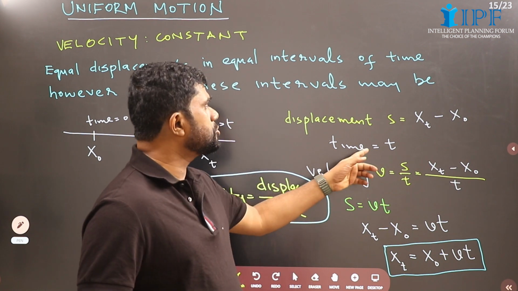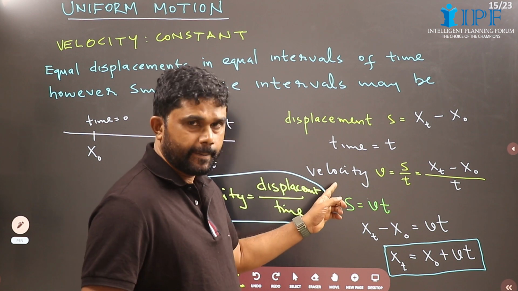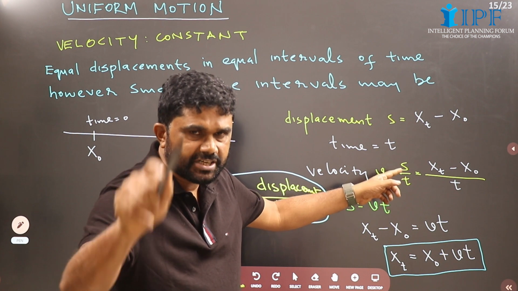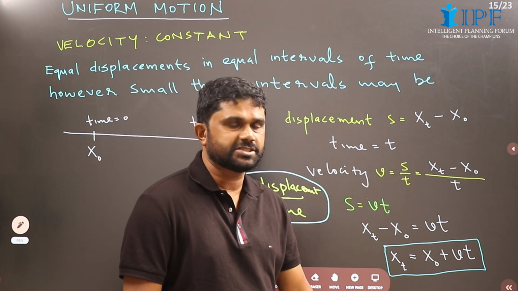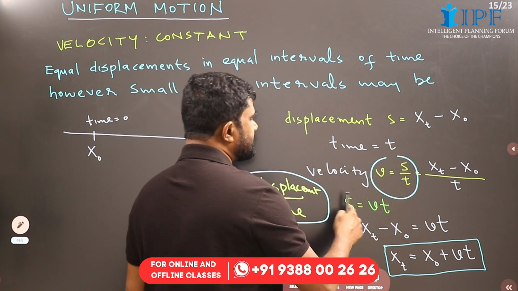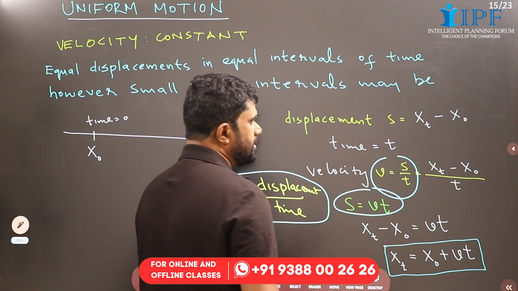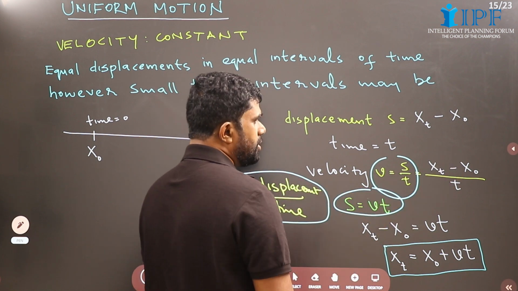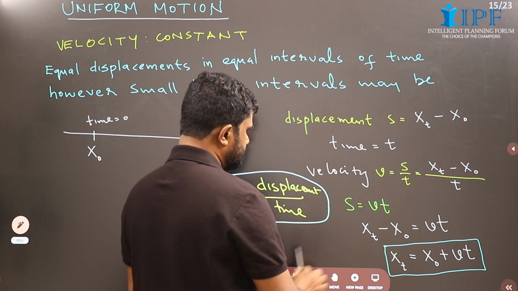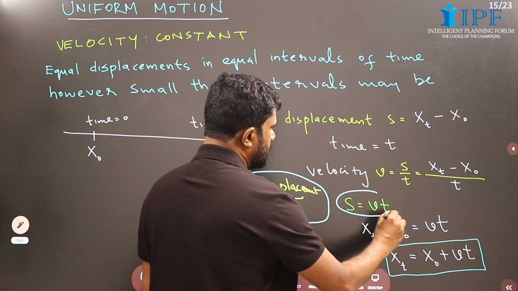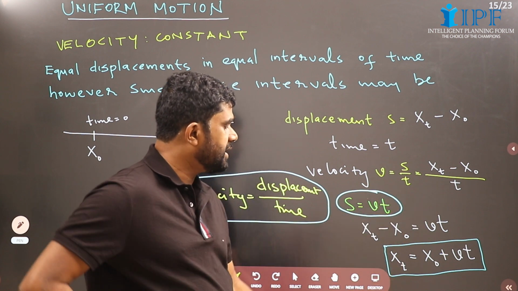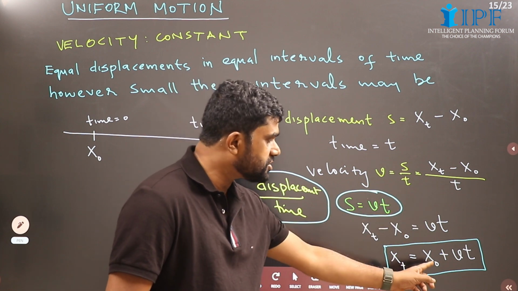Time is t, and velocity equals displacement over time. Here it is valid because the body is moving with a constant velocity. So x of t minus x of 0, that is the displacement, divided by time. From here we can write s equal to vt. And from here x of t minus x of 0 equals vt. Take this x of 0 to the right, so it will become x of t equal to x0, the initial position,